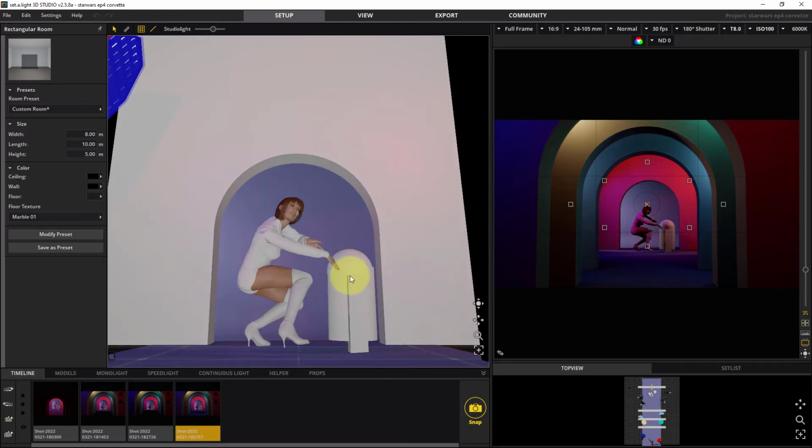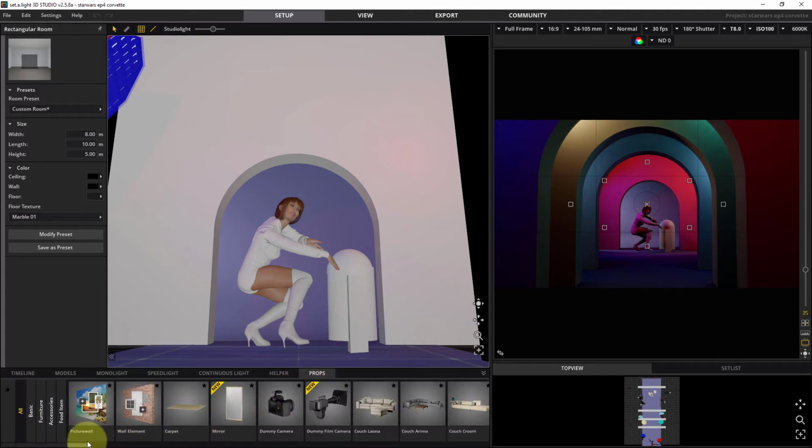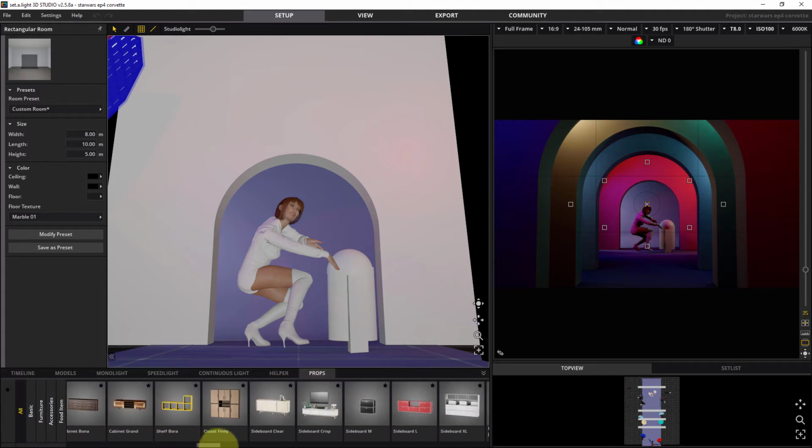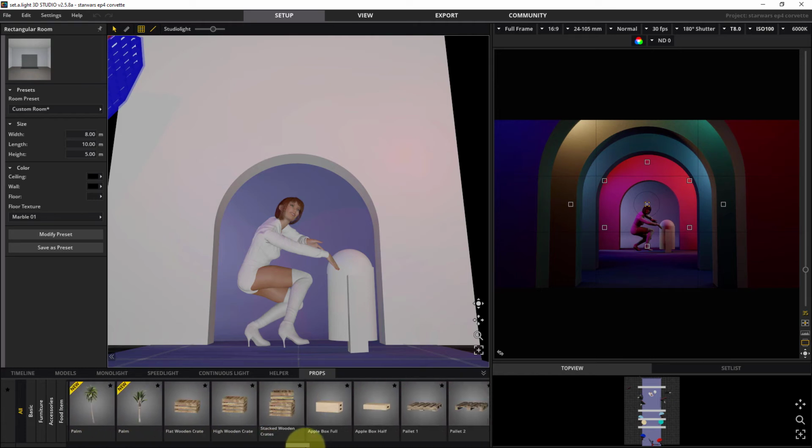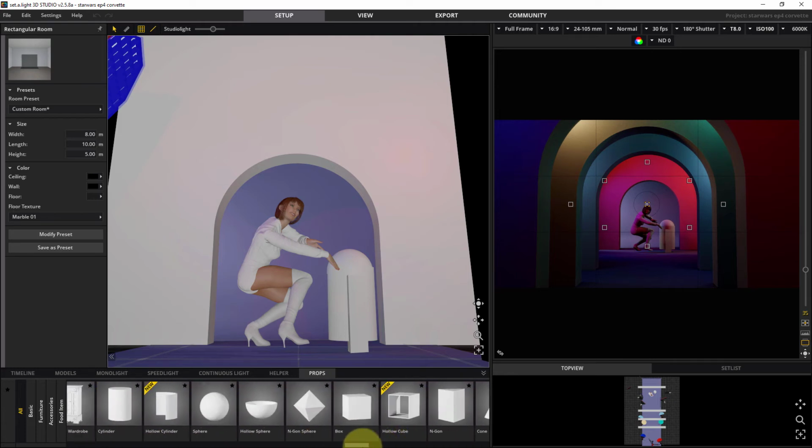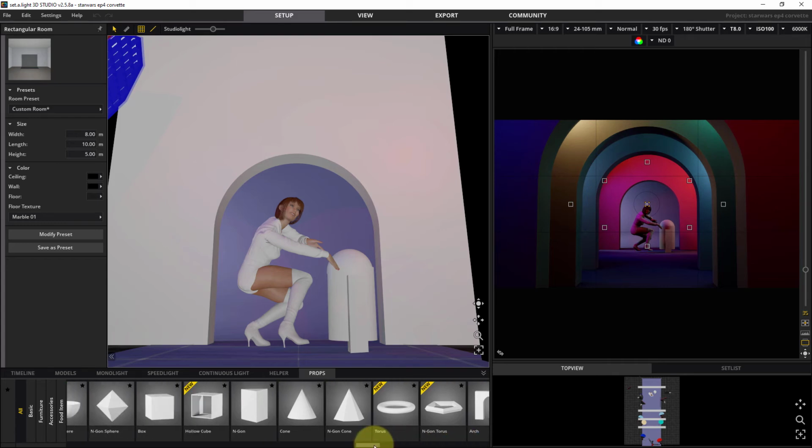Believe it or not, I was able to build an R2-D2 out of props. So here we've got props, and if I go along, got quite a lot of extensive props, no robots unfortunately, but if I go along here we've got basic white shapes. So I used a cylinder, a hollow sphere, and I used I think a triangle here, a non-gon here, and from a distance you get what I'm trying to do.